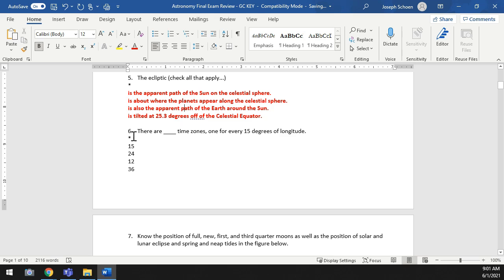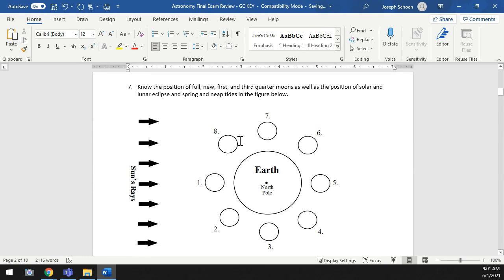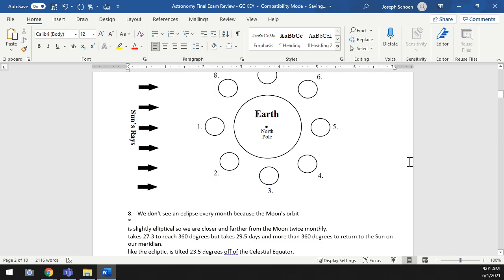There are blank time zones, one for every 15 degrees of longitude. That's 24. There are 24 time zones around the Earth. We are in the central time zone. There are 23 others. Know the full position of the new, first and third quarter moons, as well as the position of the solar and lunar eclipses and the spring and neap tides. All right, so